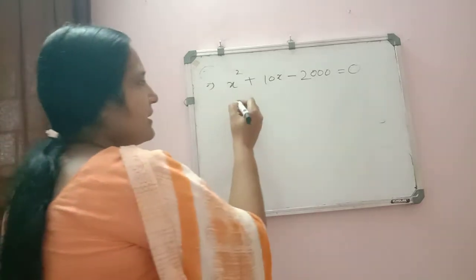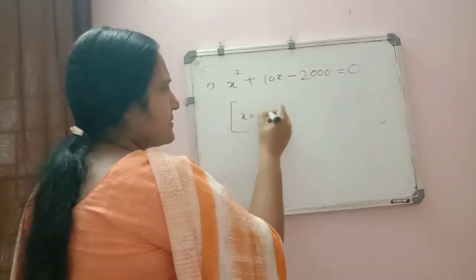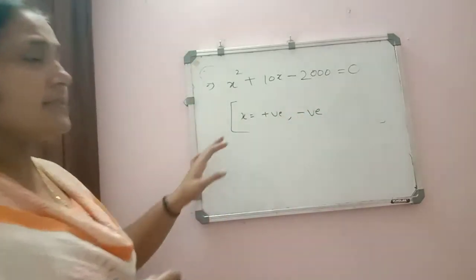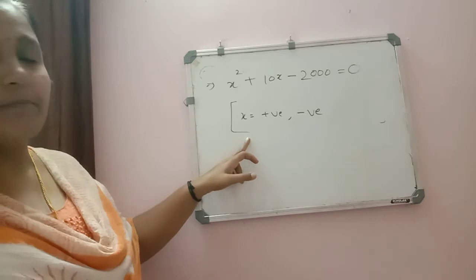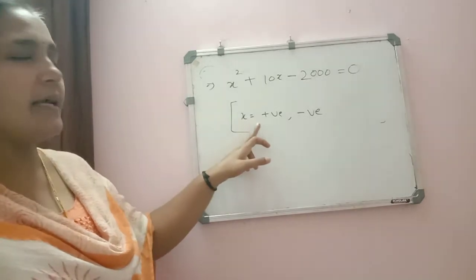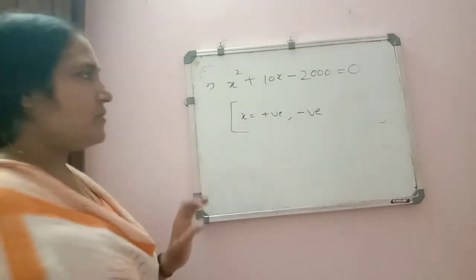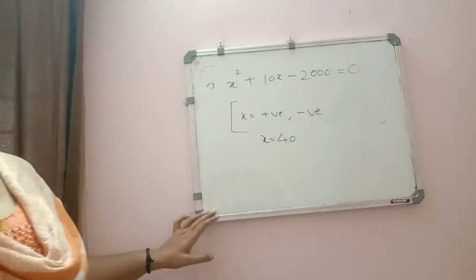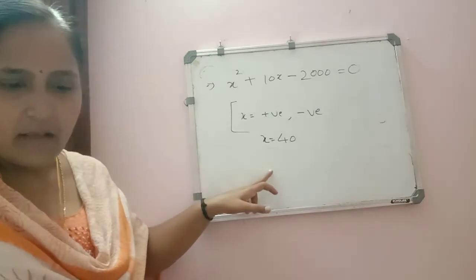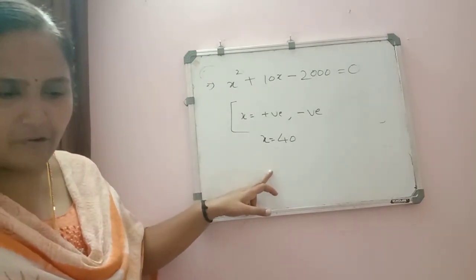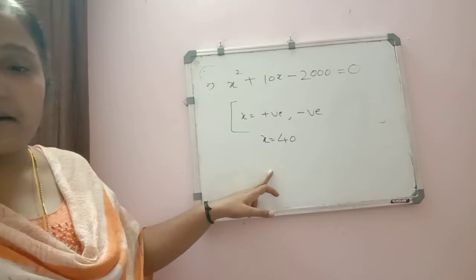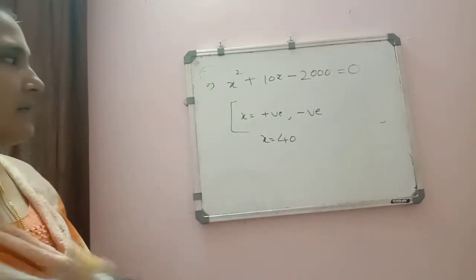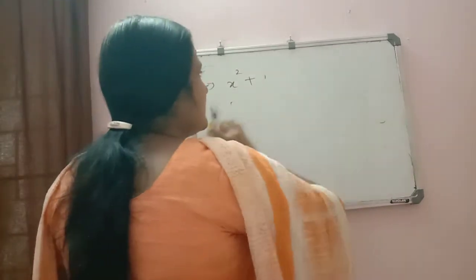So while solving, you will get two values for x. One will be positive and the second one will be negative. And since x we have taken is speed, it will never be negative. So take the positive value there. So in this question you will get value of x is equal to 40. So speed of the slow train will be equal to 40 and speed of the fast train will be equal to 50 km per hour. Always speed we have to take positive only.